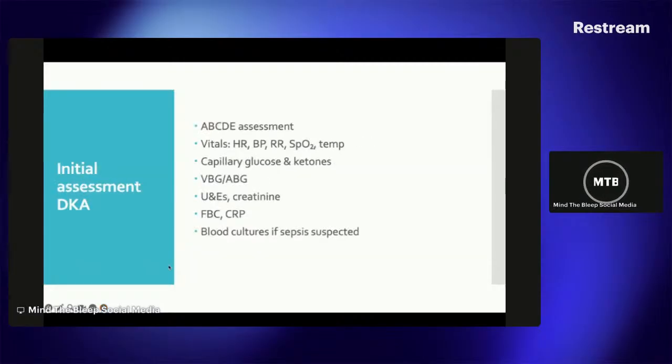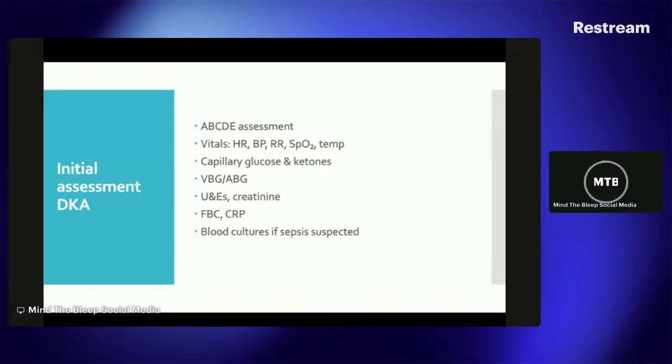And in terms of our initial assessment with the patient in DKA, so as always, we'll do an ABCDE assessment. We'll look at their vital signs, their heart rate, their blood pressure, the respiratory rate, the oxygen saturation, their temperature. We'll do a capillary glucose and look at their ketone levels. We'll also do a VBG, ABG to look at their potassium levels, to see if they're in metabolic acidosis, for